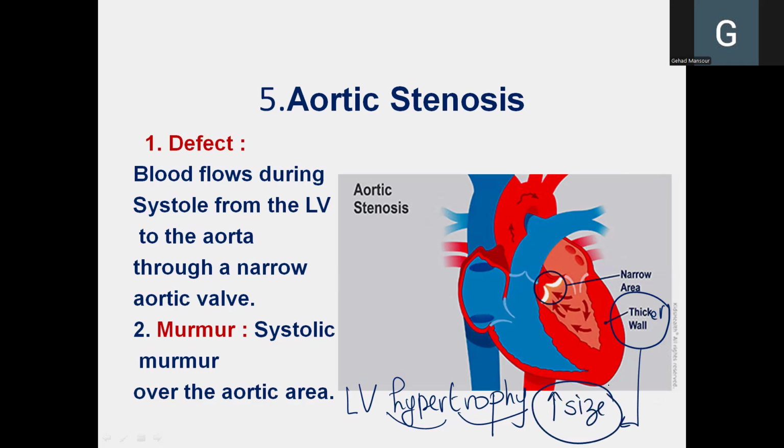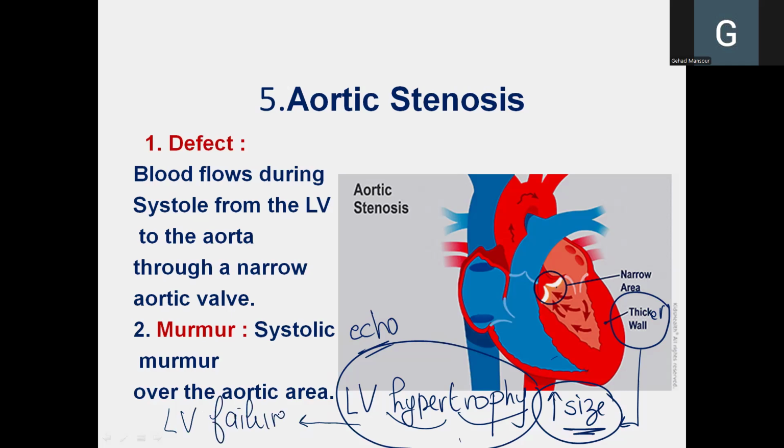They'll not increase in number. Muscles do not increase in number. They do not divide, but they accumulate more stuff to get more energy. So they increase in size. Is it good? It's good temporarily because it allows the left ventricle to produce more and more energy to overcome the resistance. But if you do an echocardiogram, an ultrasound, on the patient and find that there is left ventricular hypertrophy, you must be anxious and you must follow up, because left ventricular hypertrophy will be followed later on, in the long run, by left